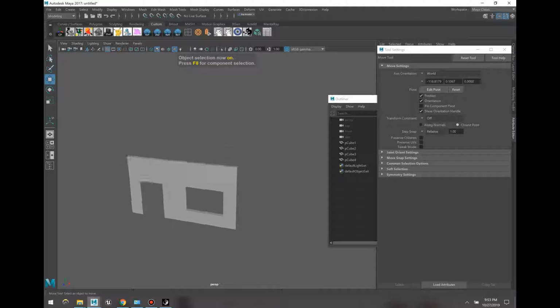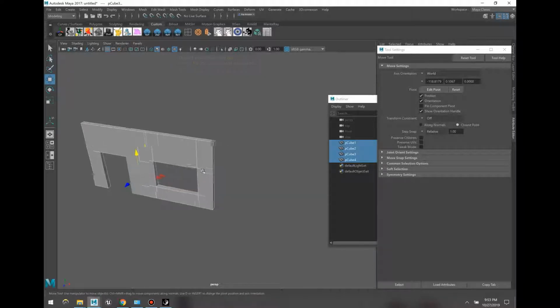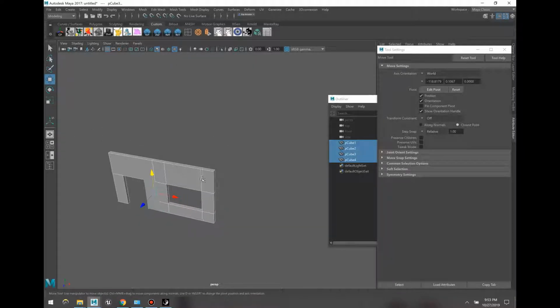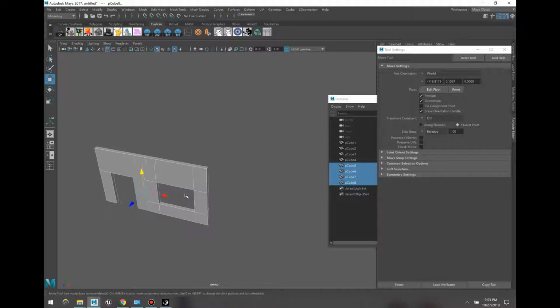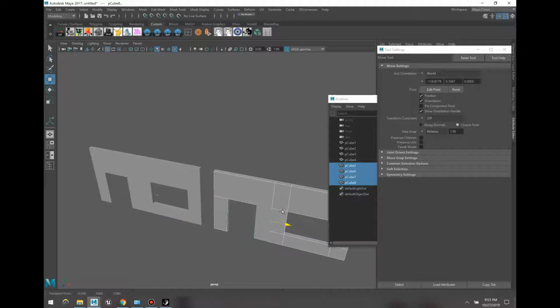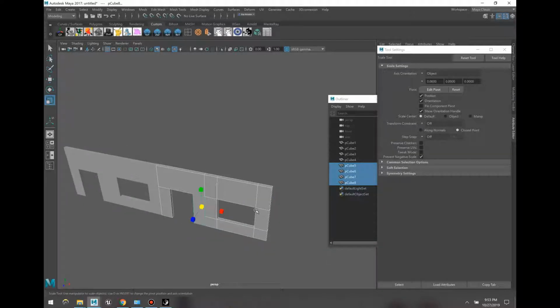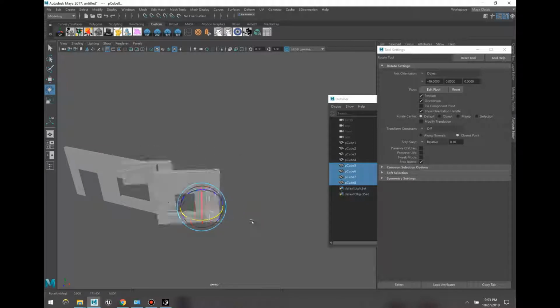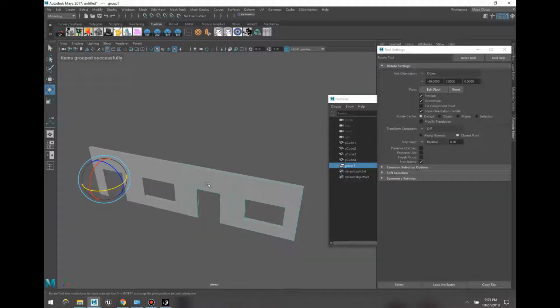Yeah, so there we go. So the next thing you'll want to do is duplicate this 3 more times to build the rest of the shape. If you hit Control D, it'll duplicate. And you can move it around, but then you'll notice when you try to rotate it, it's rotating them on the pivot point. So to solve this, all you'll do is hit Control G to group,